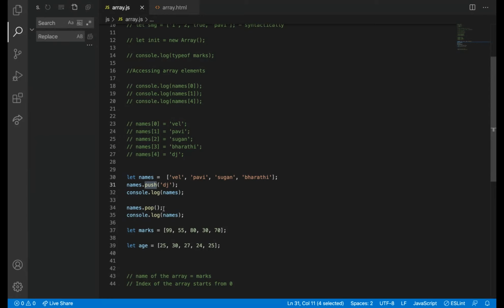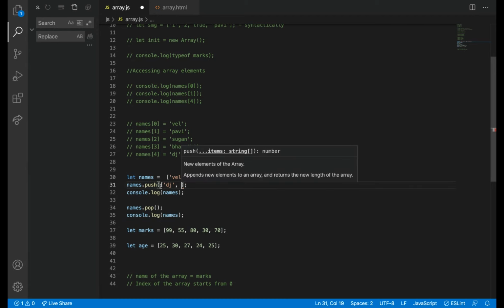Can you guys understand what push does? Push added one element to it. Can you see? Actually, for push, I can also add.